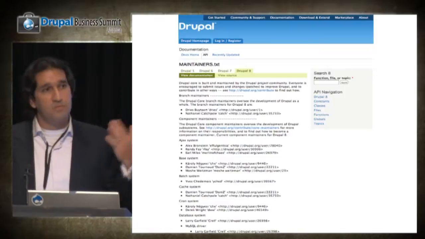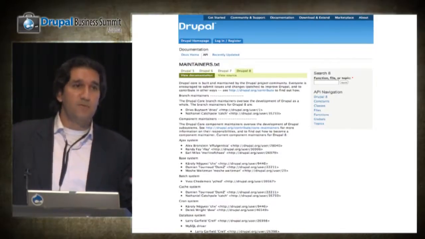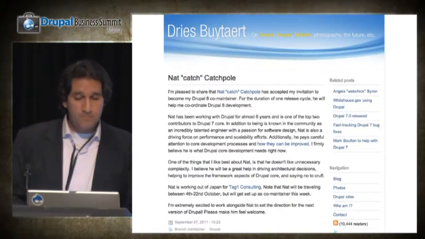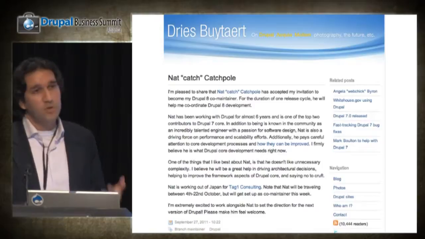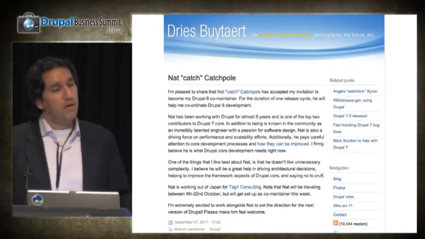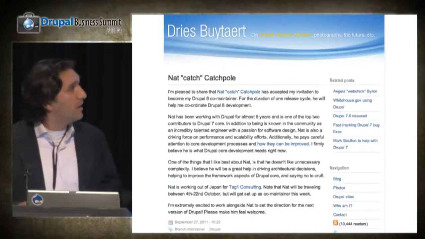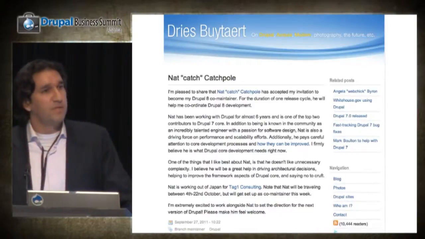He started promoting many different subsystem maintainers for Drupal 8 so that they have more autonomy and more ability to get things done. And then, of course, just a couple of days ago, the Drupal 8 co-maintainer was announced. Ketch, I'll call him Ketch, but Nathaniel Ketchpool lives in Japan and works for my friends over at Tag One Consulting,